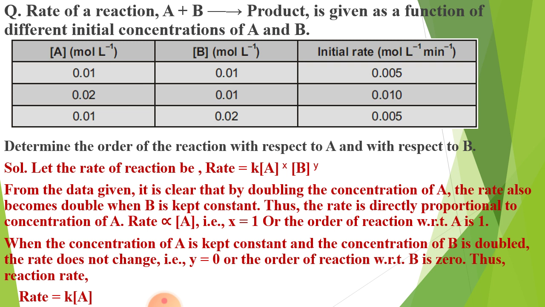So here this indicates that in the reaction the product depends upon A plus B, but experimentally it shows that the rate of reaction does not depend upon B. So that's why the order of reaction is an experimental quantity. We cannot write the order of reaction only by seeing the balanced chemical equation. So this type of question you have to solve like this.